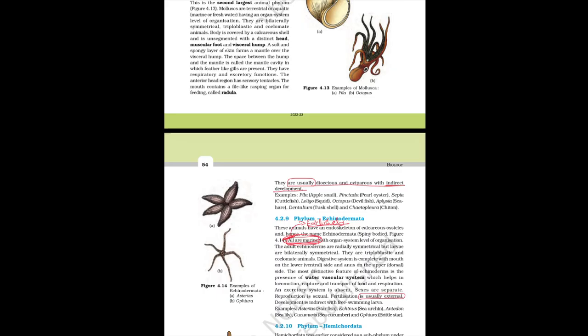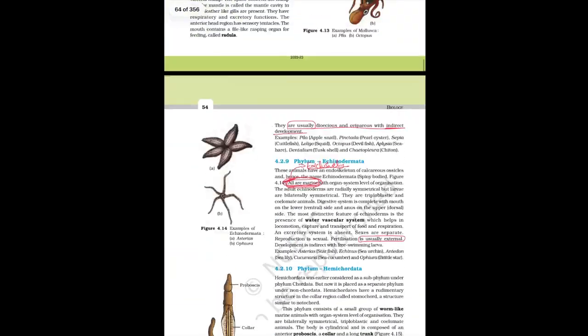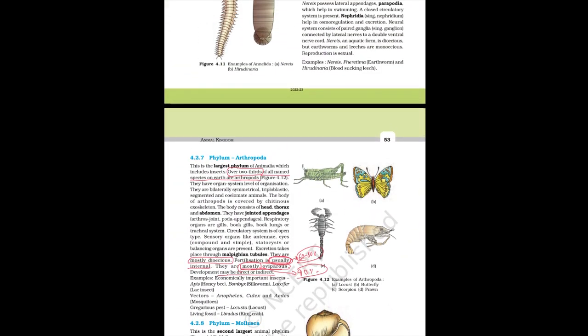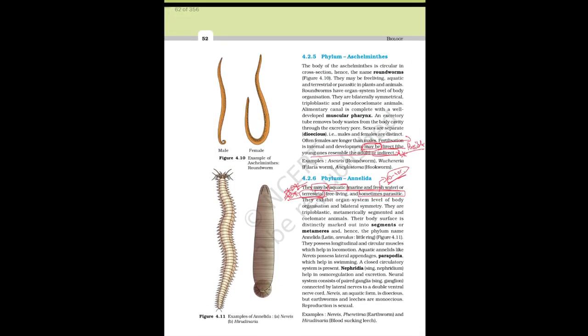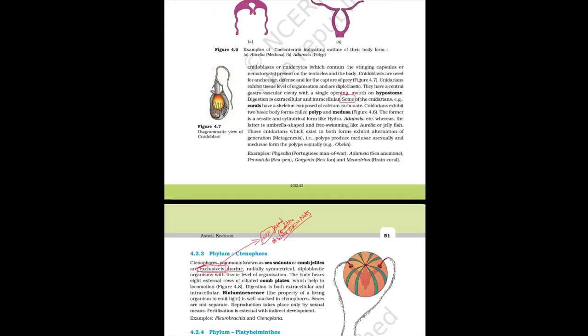Okay, so this is all about some small terms that came in the animal kingdom, and you have to know which point is most important to note down in your notes, so that you can reduce the content to memorize. Read it out, but only note down those words which are must conditions, must criteria, must characteristics of that phylum.